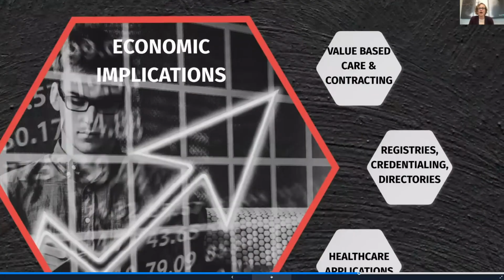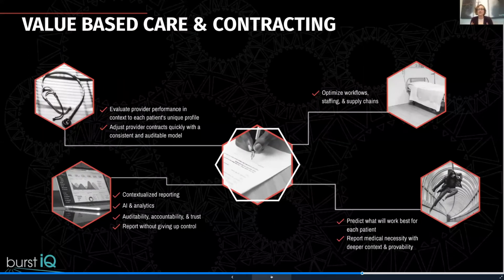So I mentioned value-based care earlier. This is an area that really brings all of these concepts together. So both payers and providers are trying to figure out how to optimize these value-based care plans. And one of the biggest issues is lack of data. Providers want to understand more about a person so that they can choose treatments that will have the best outcome based on each person's unique needs. They're also trying to compensate providers based on a more nuanced definition of what quality actually looks like.